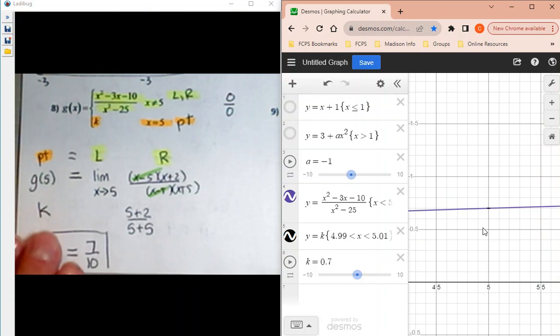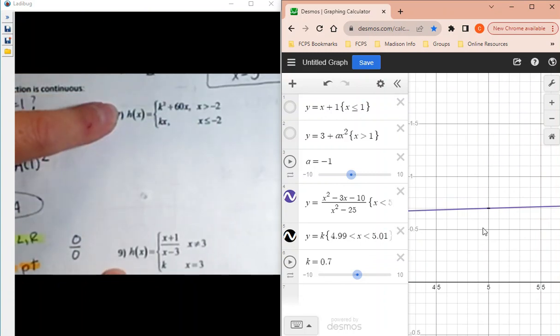Your job is to solve 7 and 9 and check them graphically. If you finish those two things,